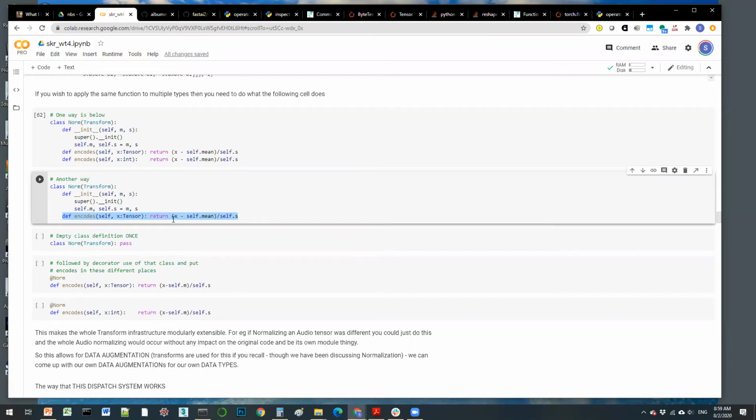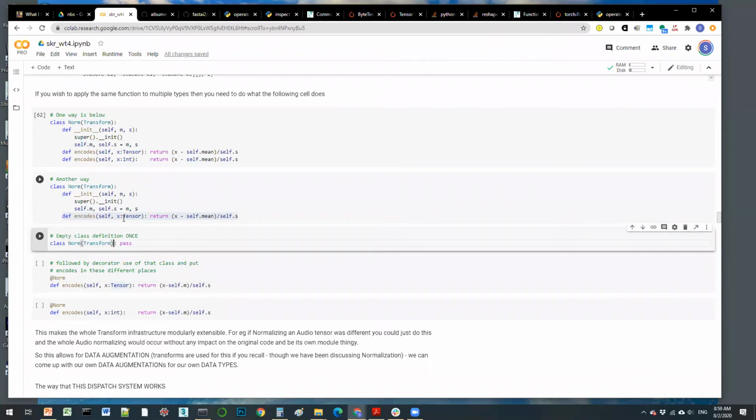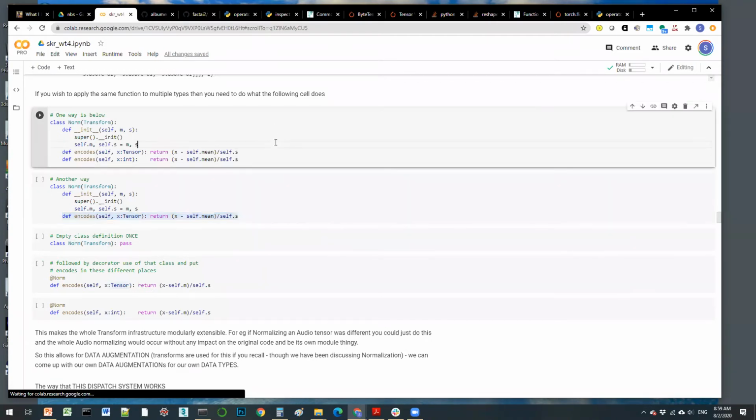One other thing I wish to say is, because you empty the class here, I anticipate that you would still need this definition of the encode tensor to execute if you have done this. I don't know whether you need that if you have these three cells to follow, but you can play with it to see what works and what doesn't. Yeah, I think it works without the encodes, like in the norm. Okay, so you're saying you can get rid of this highlighted line and it will still work. Yeah, that could very well do the work,